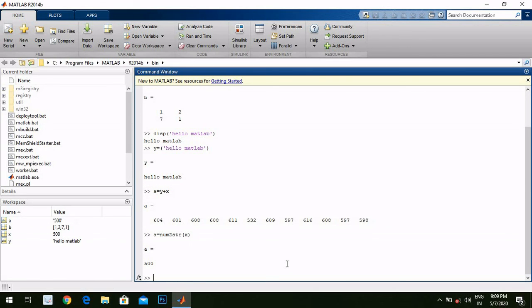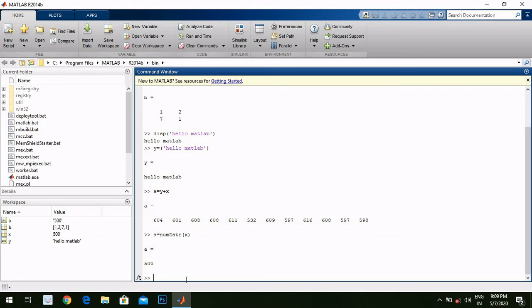Then it is going to show us 500, but over here in the workspace, as we can see, 500 is stored inside of our ABC, and in x it is stored as a number data type. So these both are different. Here we have 500 in numerical form, and over here 500 in character form.